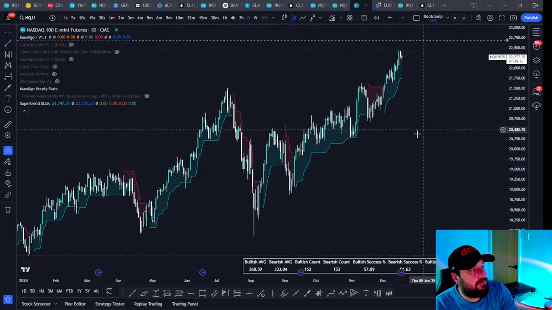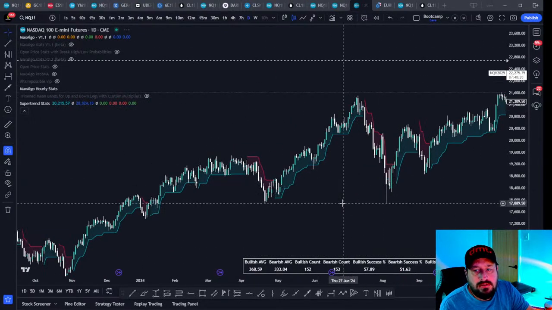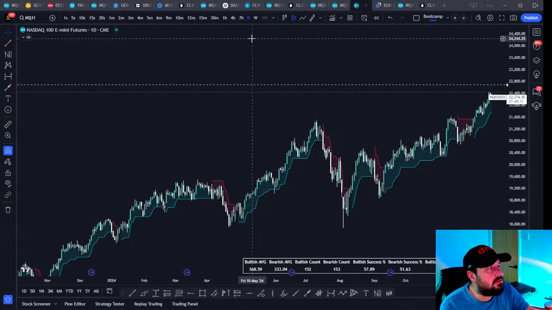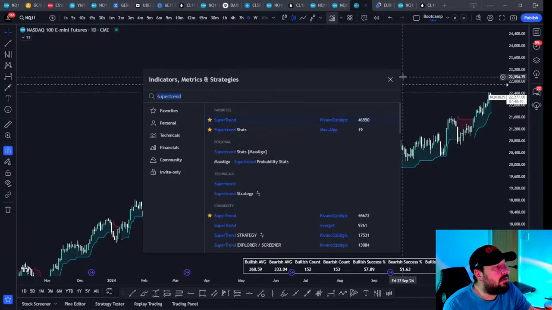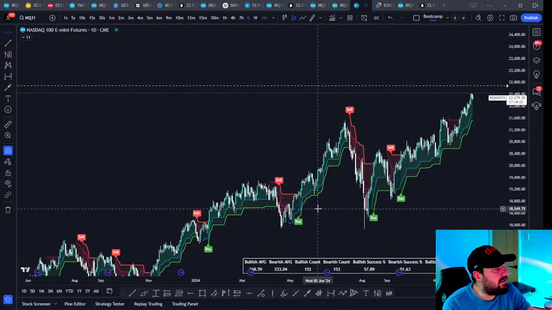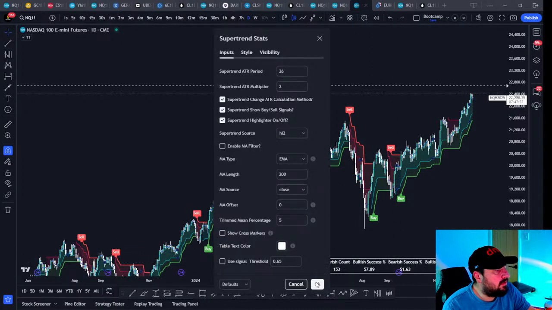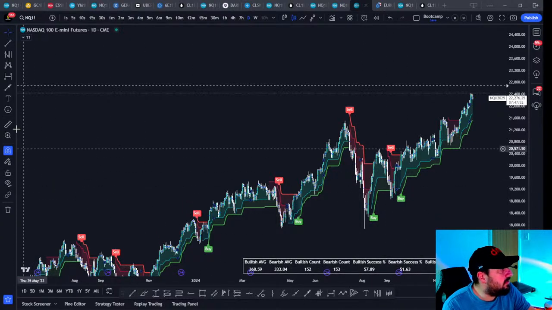There's the new indicator published last night for everybody. Free one. Really simple. Obviously, I'm sure you've used Super Trend before, right? It's exactly the same. The only difference is that you get this table at the bottom. And you can see here, these are the two figures that matter the most.